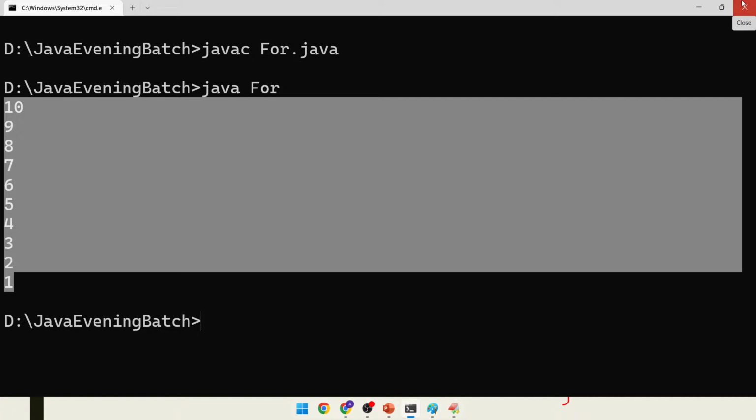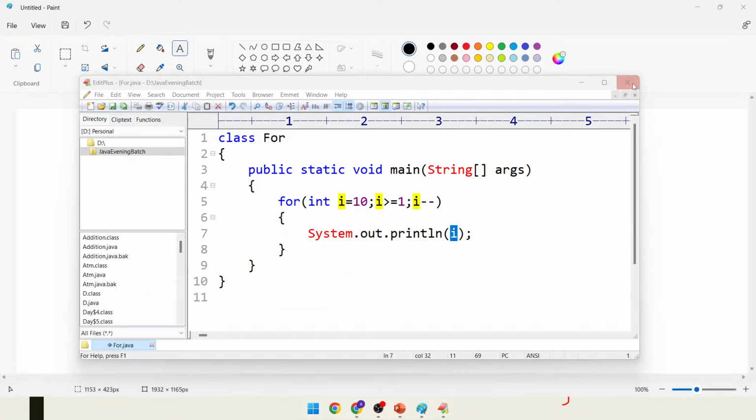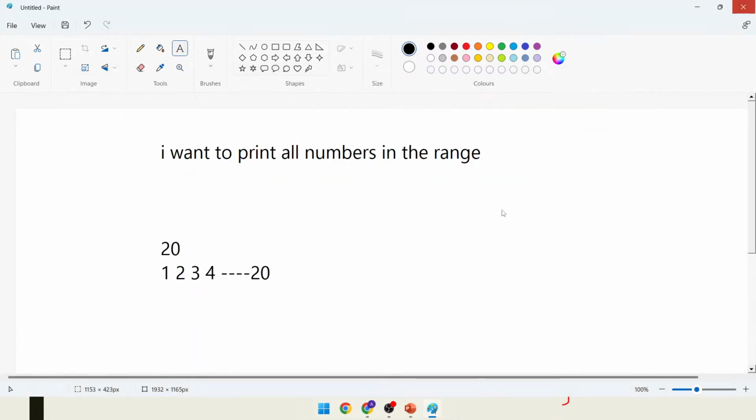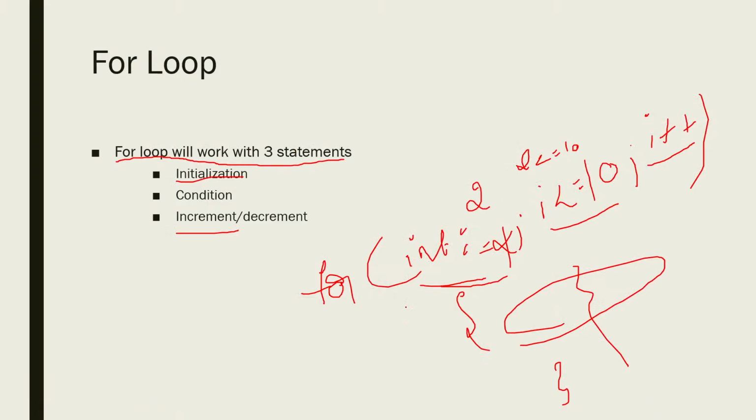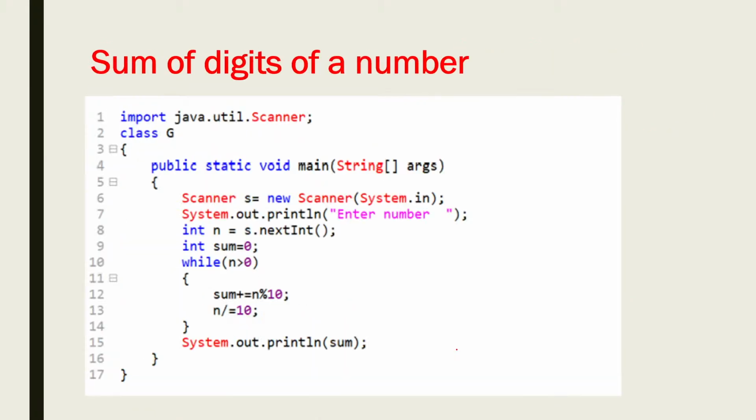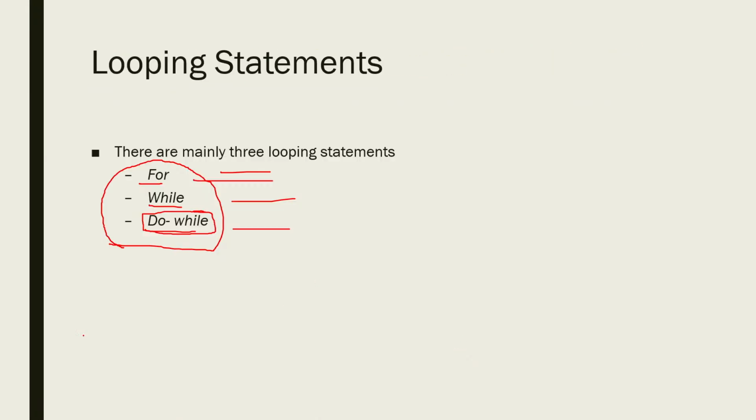This is all for today because I'm not feeling well. I will continue this class tomorrow. Tomorrow, looping statements will be completed, the remaining two statements, while loop and do while. After that,